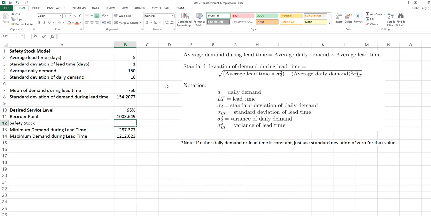The safety stock is simply the reorder point minus the mean demand during lead time. Safety stock is an extra layer of inventory that we keep around the majority of all of the year on average to buffer against stockouts. In this case, it's 253. There'll be times when we build up the safety stock. There'll be other times when we use the safety stock in higher than usual demand periods. But on average, we expect to have around 253 units of extra inventory, and this will affect our holding